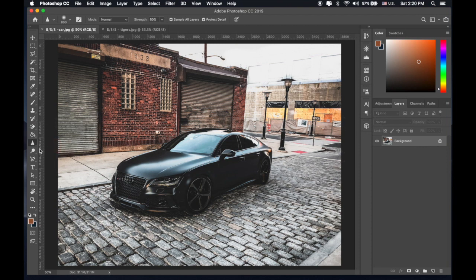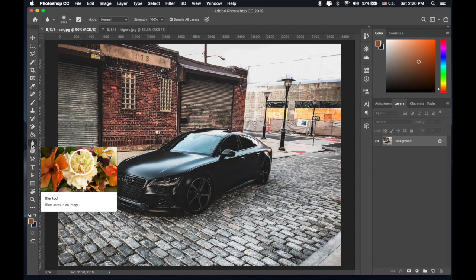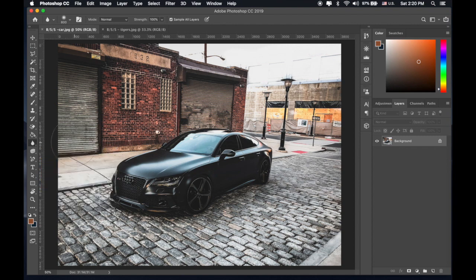So unlike the other three tools, the dodge, the burn, and the sponge tool, these tools here, the blur, sharpen, and smudge, these are non-destructive. You can put these on a new layer and turn them on or off, so it's quite nice. But they do kind of exactly what they're labeled, right? So the blur tool, that looks like this little water droplet here, will allow you to selectively isolate an area